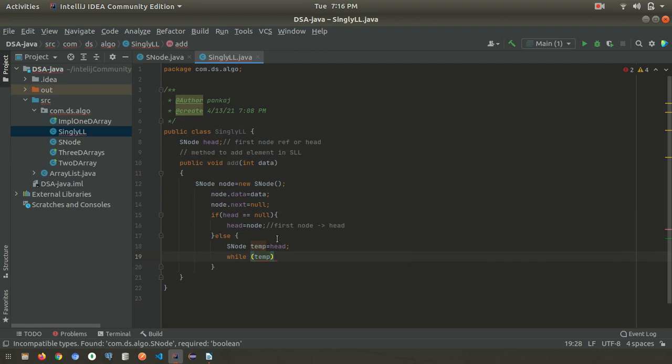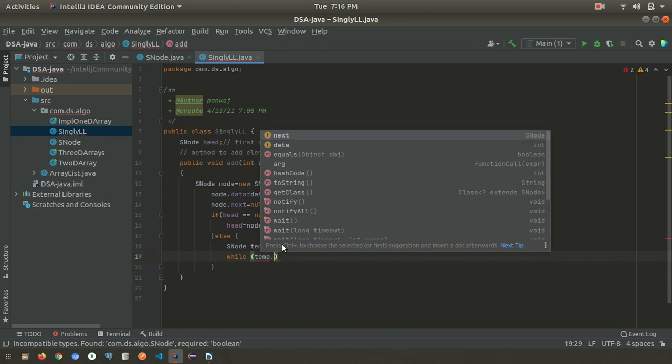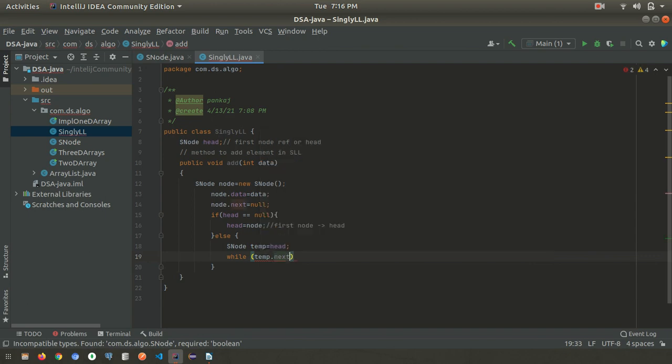So this temp is holding a reference to a node. If the node is pointing to the first element, the reference will not be null. If it's at the last one, then the next reference will be null. So we can check whether temp.next is not pointing to null. Before going to the last element, it will execute everything from the first one till before the last element, one by one.